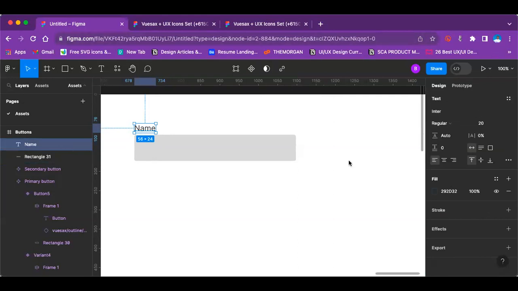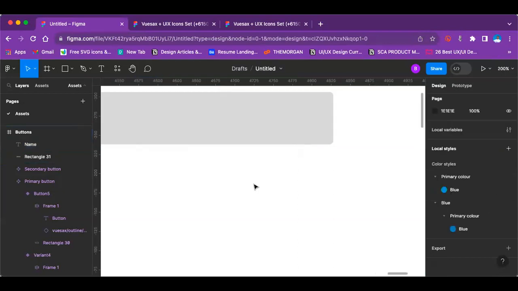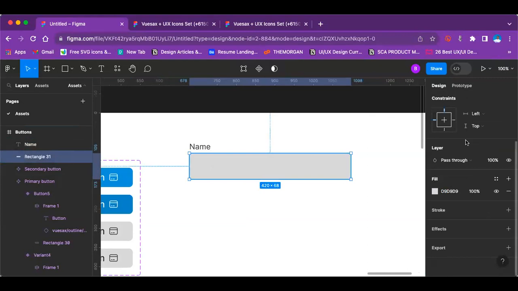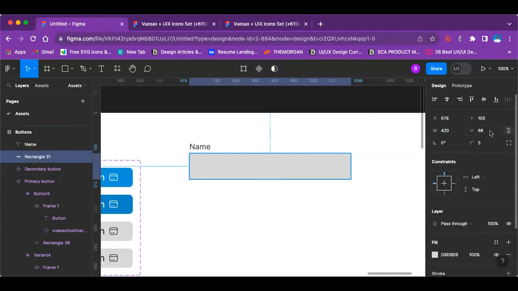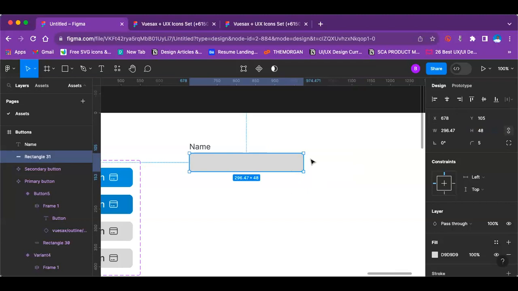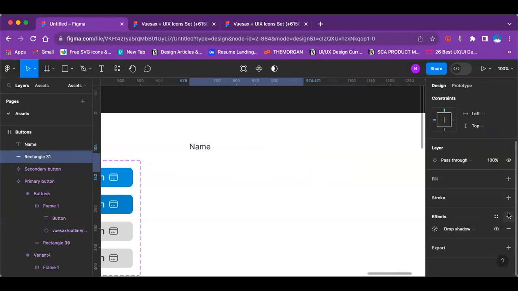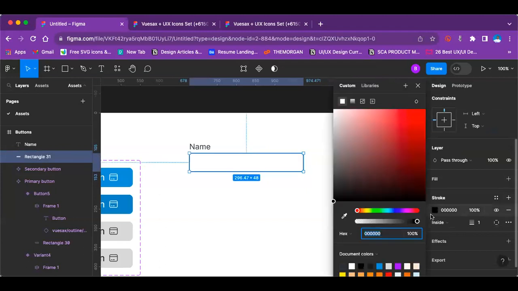It's now in night mode. Okay. So what's the height of this? Let me see. This is 68, very over. So I'll just make it 48, like I've been saying, 48, and I'll leave it at this. So I'll remove this and I'll add a bit of stroke. So this stroke would be like,